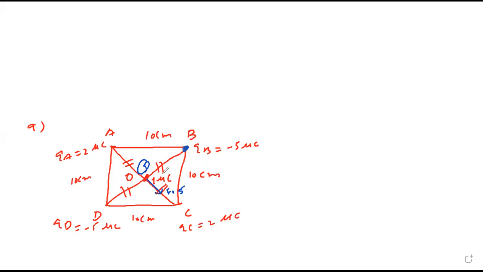This is negative, so these two will attract, and the force will go here. This is the force acting on the fifth charge due to the second. Direction clear? Now the third charge is positive, so repulsion this way. Fourth one is negative, so it will be attracted. This charge will not repel outward, but it will be attracted by this. So this is the force acting on the fifth due to the fourth.